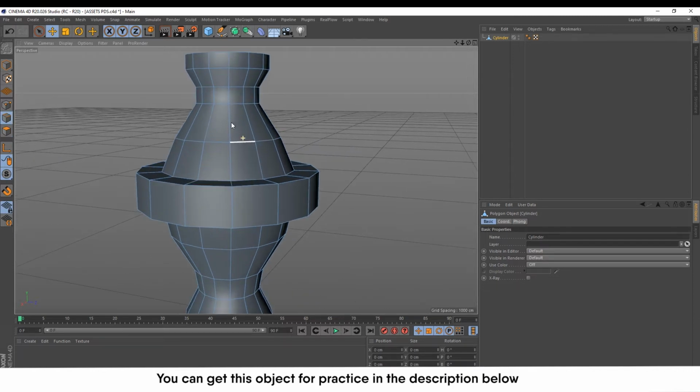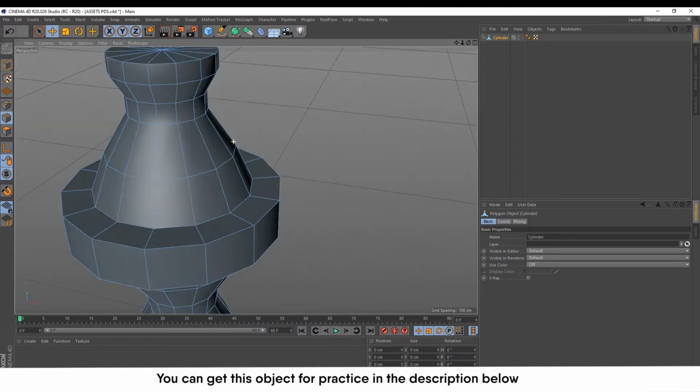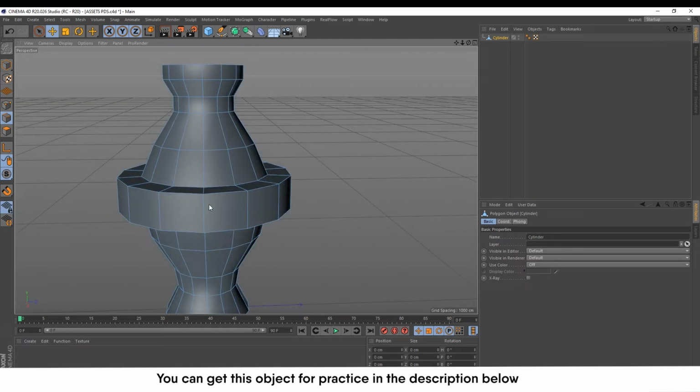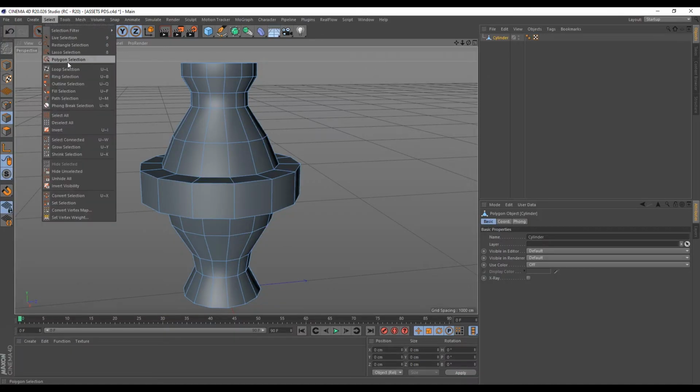If you look at this edge here, and we imagine that this is the starting point of this edge, you see that if we go around, we can always come back and then stop where we started. This is a loop, and we also have some loops vertically here. So this object is made up of loops in different sizes. To bring up our loop selection, we can either go up here to select and then choose loop selection here,